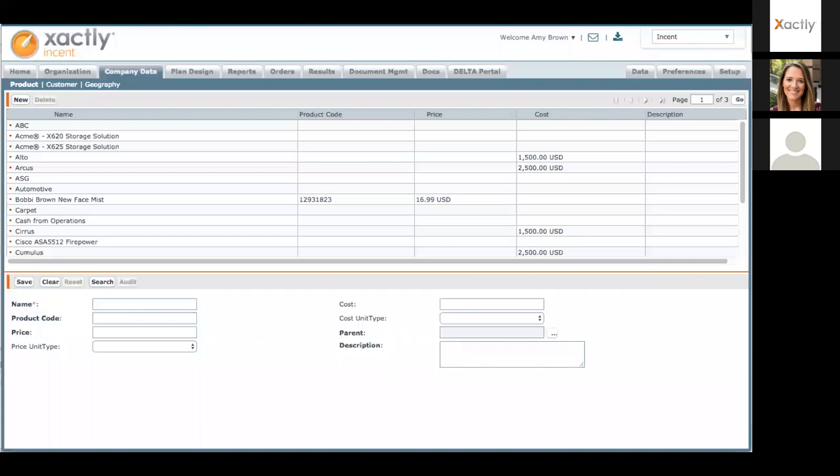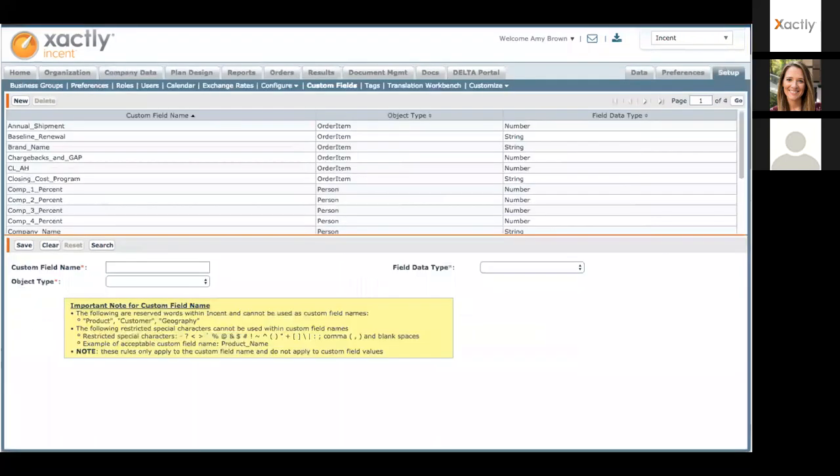And then, of course, in Incent, if anytime you need additional information, if you have some unique characteristic that you've worked out with your accounting and auditing team that you really need to track at the transactional level, we offer all sorts of custom fields.